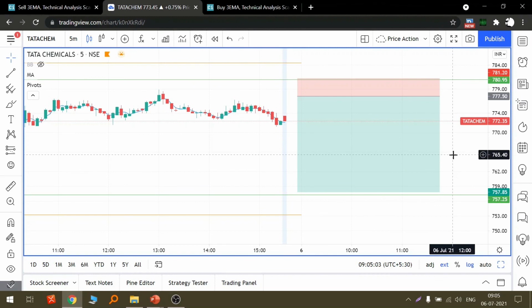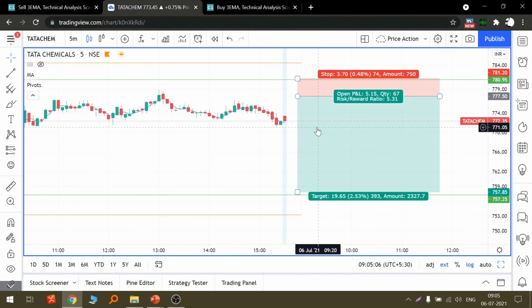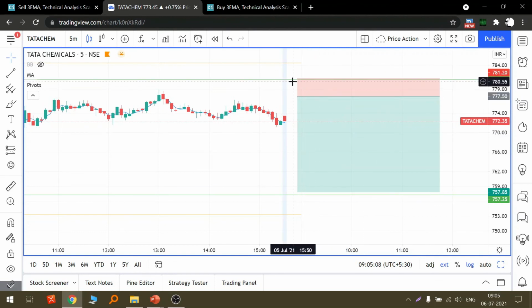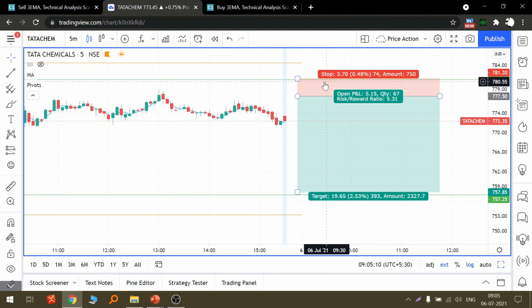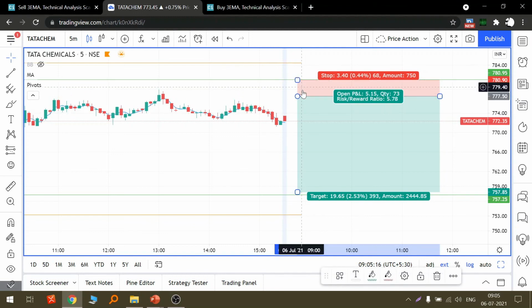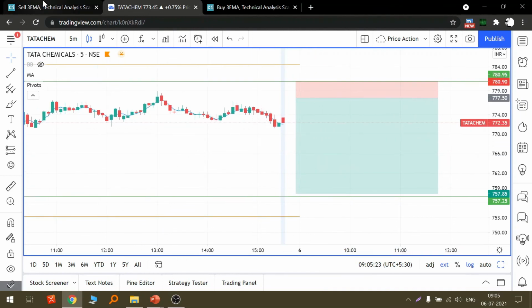We shouldn't be trying to short at first half an hour. If at all we get a good rejection by first half an hour, we can go. But or else, I will recommend you to wait for a little more time to play down. Mostly, if it opens gap up, then for sure the first sign of reversal would be our entry. So Tata Chem is one stock which I have found.